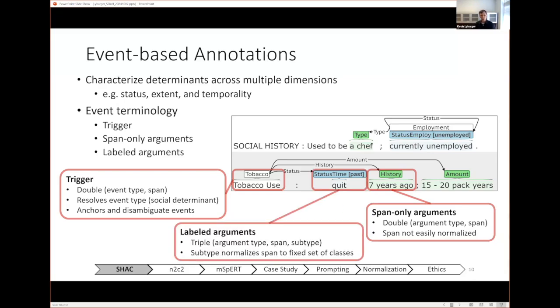The second type of argument that we have in this approach is what we've called labeled arguments. And these labeled arguments are similar to the span-only arguments, except that they also include this subtype label, in this case, the categorical label, or the past, that essentially captures the meaning of the span. And so the triggers can connect to one or more arguments depending on the complexity of